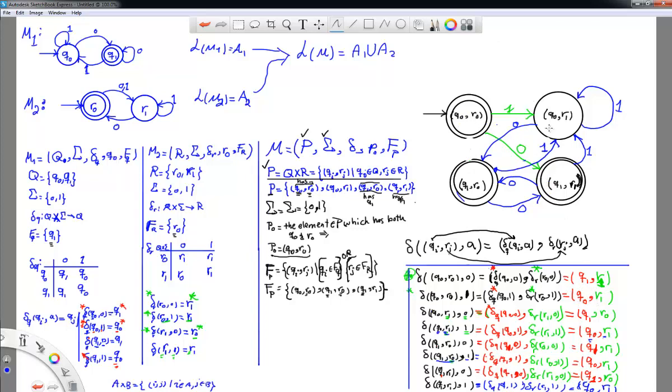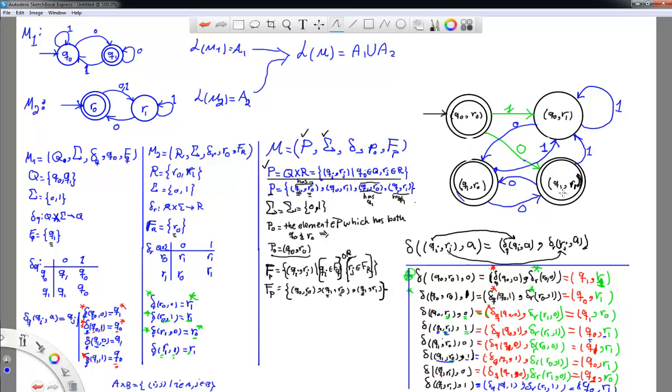Then Q sub 0 R1 over 0 goes to Q sub 1 R0. Over 1 goes to Q sub 0 R1. So it stays there. Then Q sub 1 R sub 0, the bottom left corner. Over 0 goes to Q1 R1, which is the bottom right, and then over 1 goes to Q0